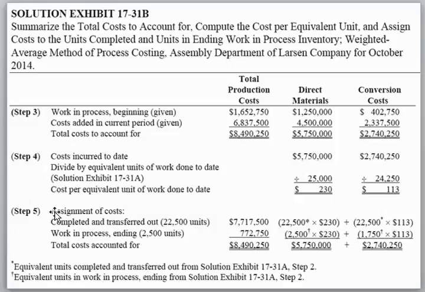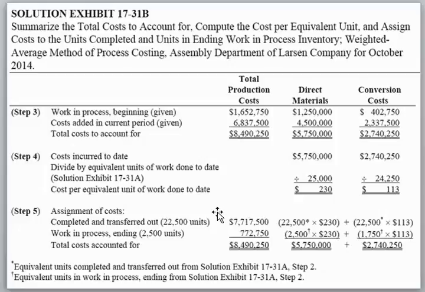Finally, the assignment of costs. The completed and transferred out is 22,500 units. We multiply the number of units by the cost per equivalent unit, which is 230. And also for the conversion cost, number of units 22,500 multiplied by the cost per equivalent unit, which is 113. We will get the total cost for the completed and transferred out units,